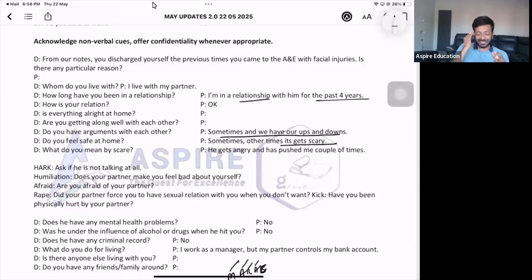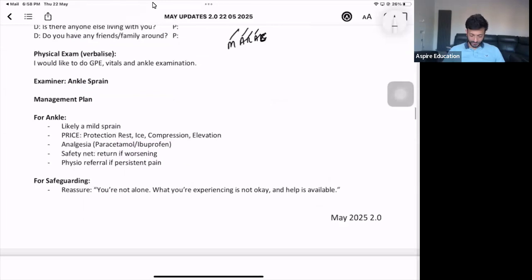And when it is not safe for the patient or not safe for anybody else, you might be breaching the confidentiality as well, which is also an option, isn't it? So that's why you have to be extra careful and make sure you're not lying to the patient. We are honest and transparent doctors. So the discussion that we're having is going to be confidential, going to be between you and the team until everyone is safe, right? So that's what you have to do.